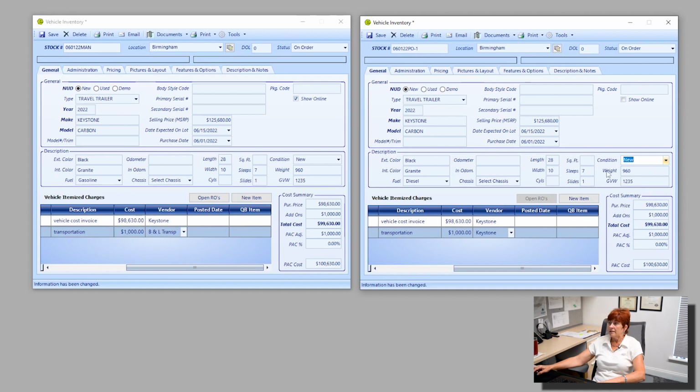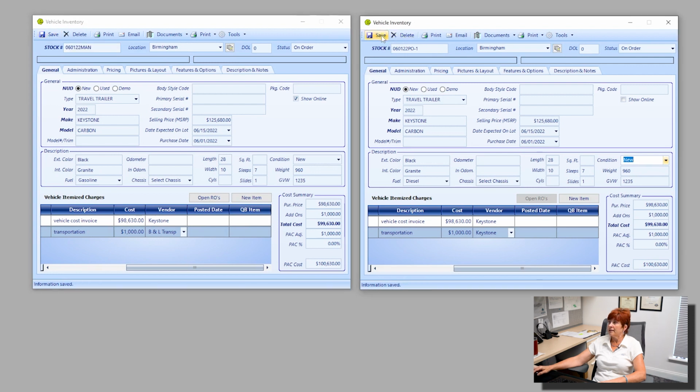Now again, these are not bolded areas, so it's up to your dealership on how much or how little information you want to include. All bolded areas and fields have been completed at this time. You see all of the bolded sections here on these forms, and we can now save